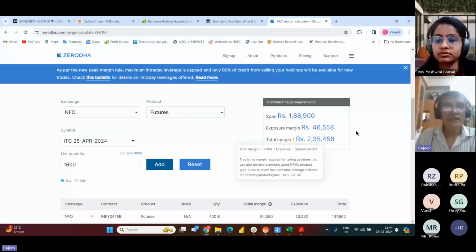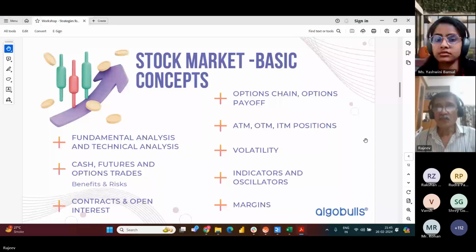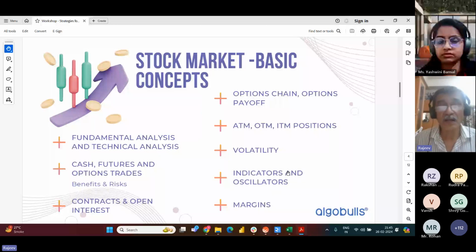If I had to actually buy or sell 6400, I would have had to pay a lot more money than what I am paying right now for futures trades. So this is the margin that we make use of while placing trades, determining the quantity of the trade. Now we come back to indicators and oscillators. Indicators and oscillators is a very important part